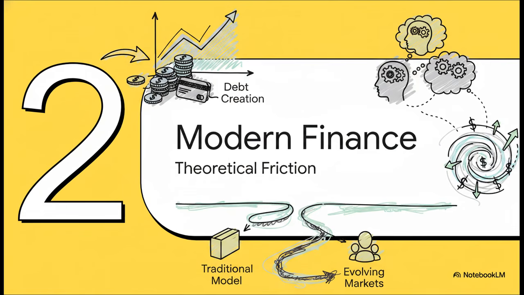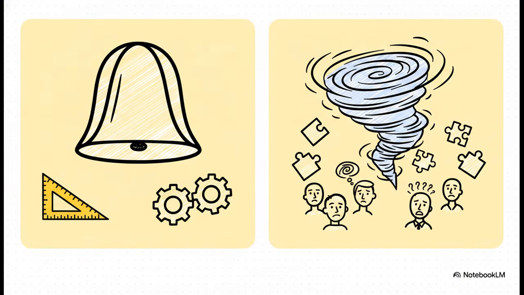Which brings us to part 2, rethinking modern finance theory and the theoretical friction this whole system creates. So, realizing that credit creates money and that our whole system is fundamentally driven by human action and debt brings us to a major crossroads in how we understand market behavior. We have to look at 2 competing lenses here. First, modern finance theory. This is the engineering science that gave us the capital asset pricing model. It relies on this idea that markets are perfectly efficient. It assumes investors are basically rational robots, that risk can be perfectly measured with math,